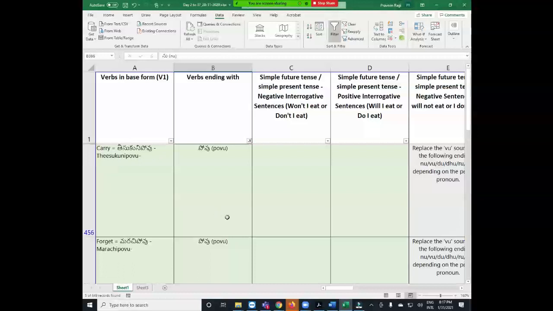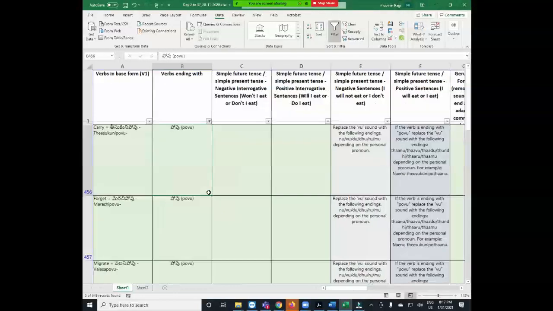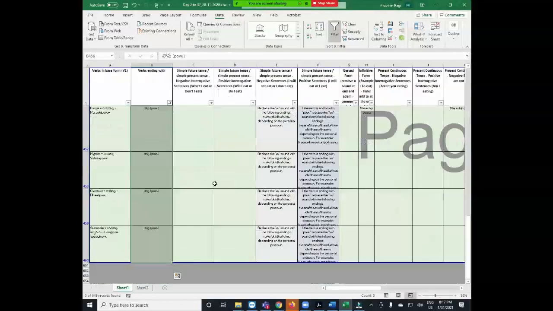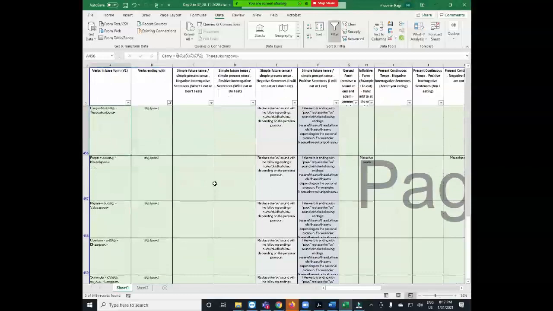So how many do we have here? Maybe 4 or 5. But for some endings, like the verbs ending with u, there are many, maybe 50 words like that. But if you learn the conjugation table with one verb, the rest of the verbs will be in the same format. You don't need to try very hard, it will be the same. You need to focus only on one verb for each category.